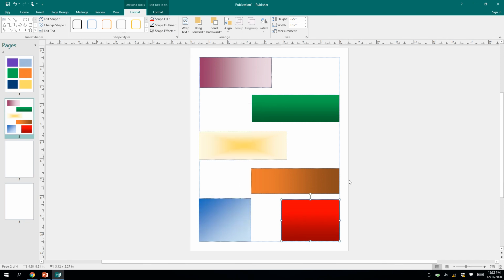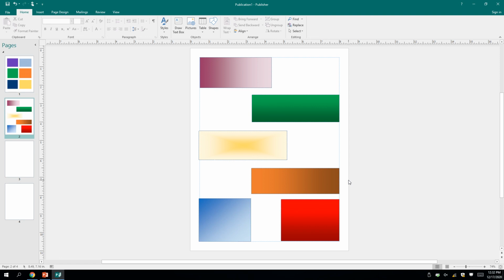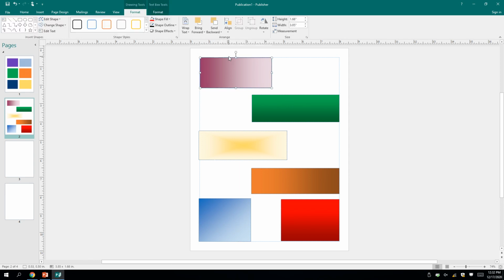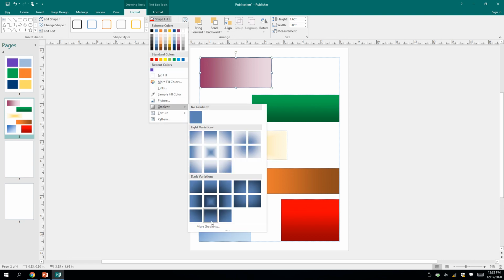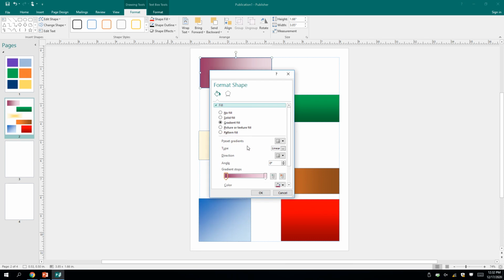Okay. Now, what I want to show you before moving on, for those of you that are a little more advanced or like to experiment with more advanced features, this is not in the workbook, this is a video-only feature. If you ever want to make your own custom gradient where it fades to various colors throughout the gradient, you can always go to Shape Fill, Gradient, and click on More Gradients. Here you'll notice it has the color that it begins with and the color that it ends with. If you want to add another color, you can just simply click in the middle